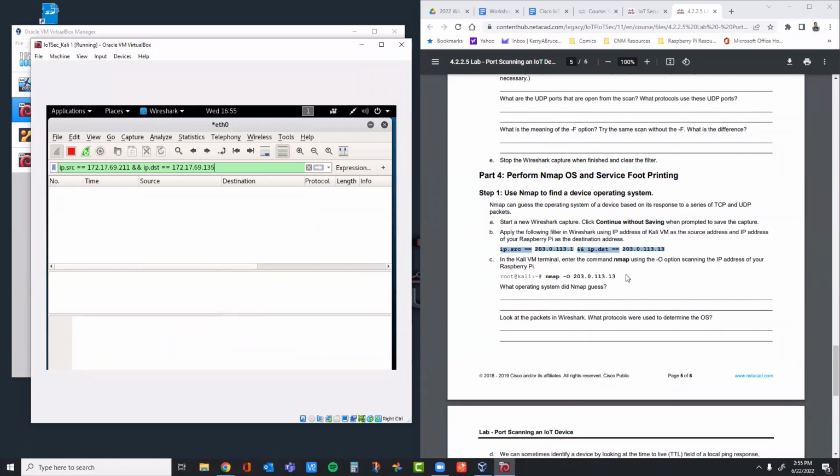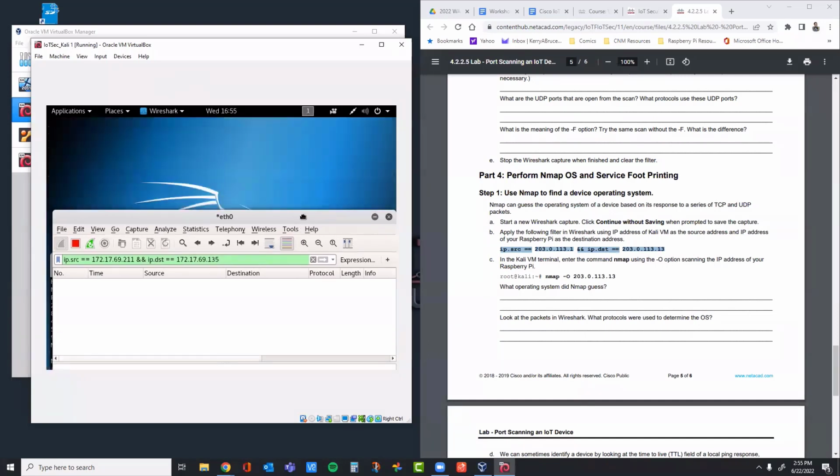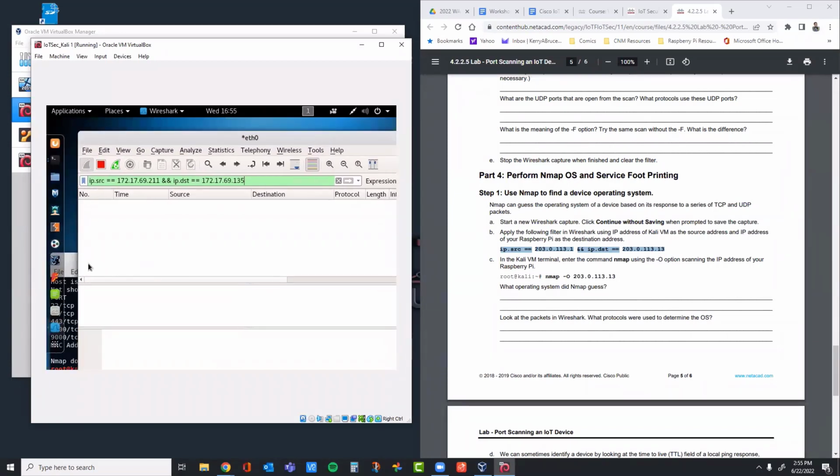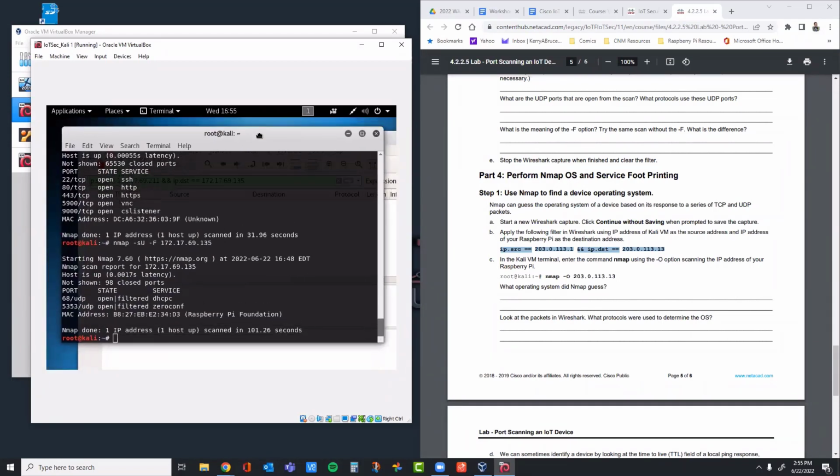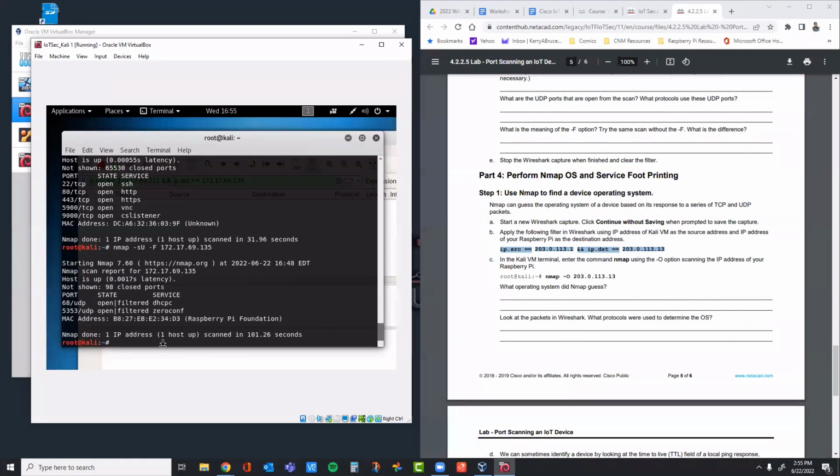Okay. And then the -O is going to do this OS footprinting for us. So we're going to run nmap -O, it's a capital O, and then 172.17.69.135. I don't need a /. I'm going to the exact machine, 135. All right, so we're going to try to figure out